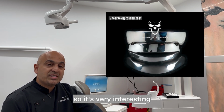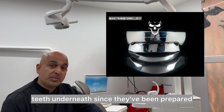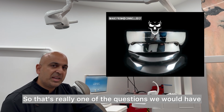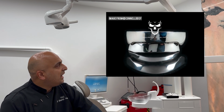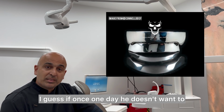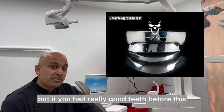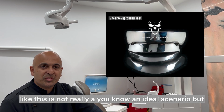So it's very interesting. The question we do have though is, if he does develop any problems with the teeth underneath since they've been prepared, how do you access them? You can't drill through that, so you'd have to take it off somehow. So that's really one of the questions we would have to ask and get answered. But hopefully he doesn't develop any issues. I guess if one day he doesn't want to wear this anymore, you're able to probably remove it and put crowns on the teeth. But if he had really good teeth before this, to heavily prepare them down to make something like this is not really an